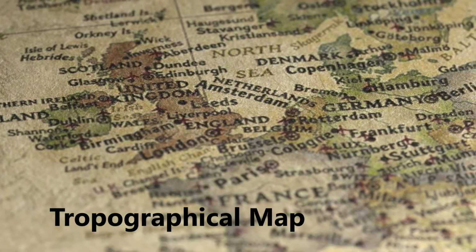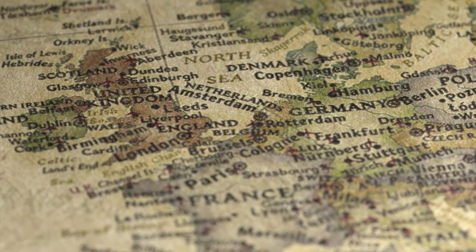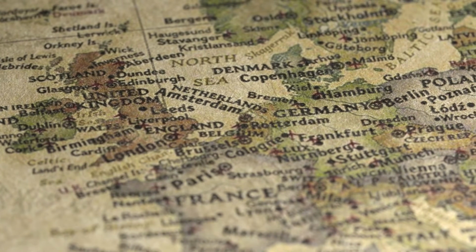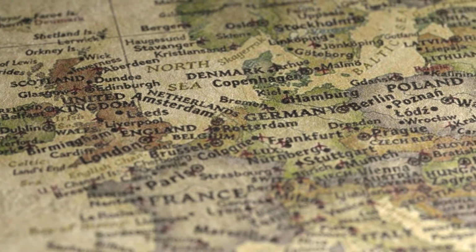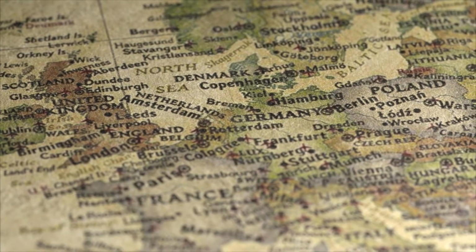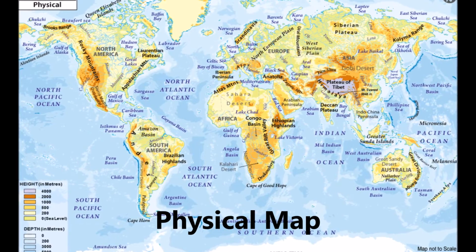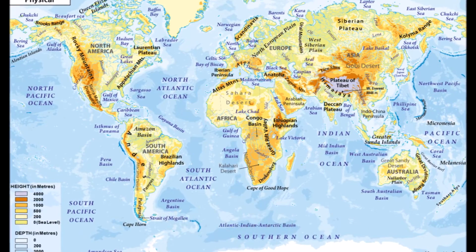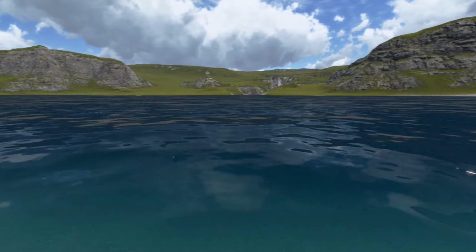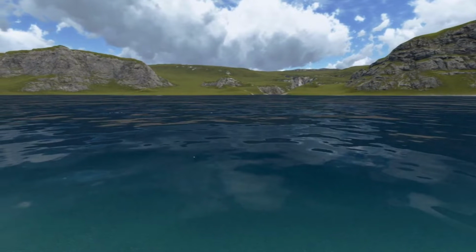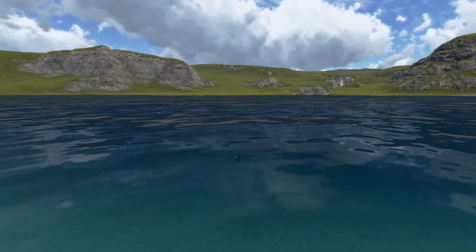Topographical maps. A topographic map is similar to a physical map in that it shows different physical landscape features. Unlike physical maps, this type may use contour lines instead of colors to show changes in the landscape. Physical maps. A physical map documents landscape features of a place. They generally show things like mountains, rivers, and lakes. Bodies of water are always shown in blue. Mountains and elevation changes are usually shown with different colors and shades to show relief.